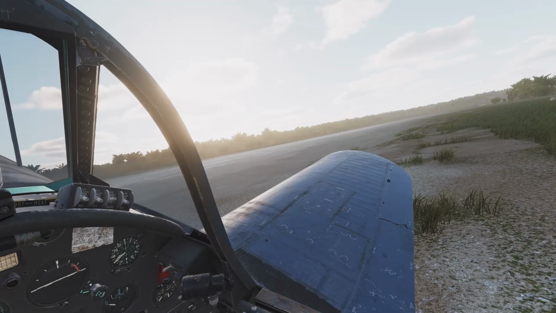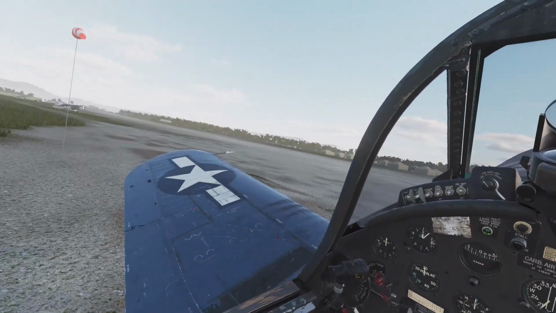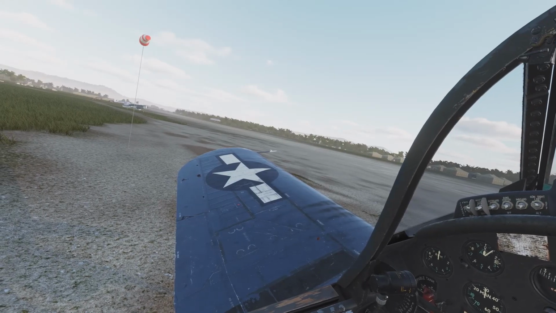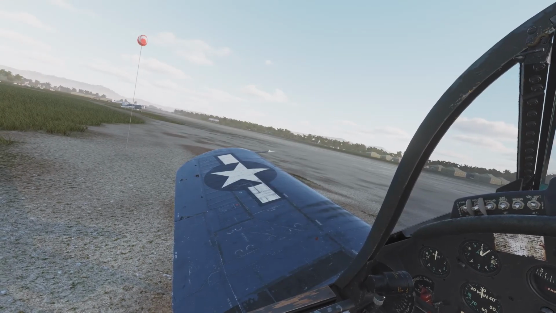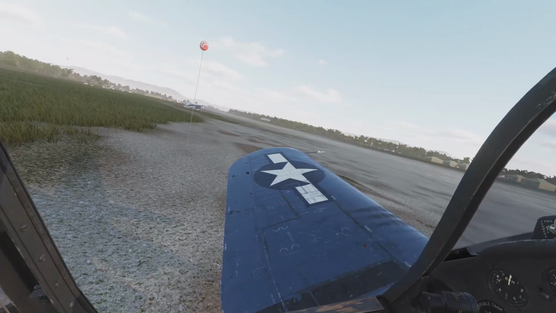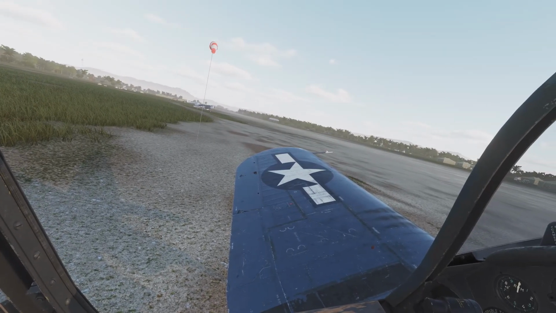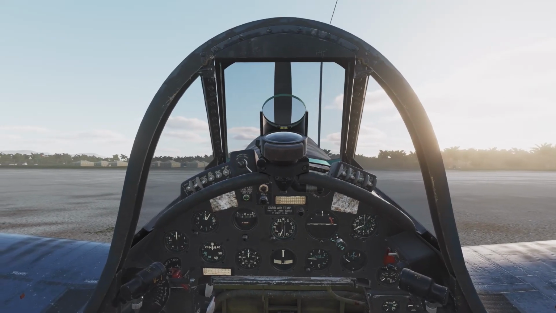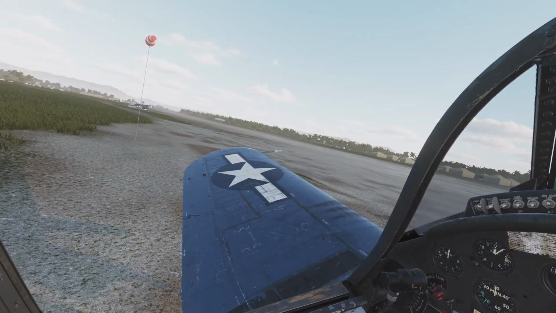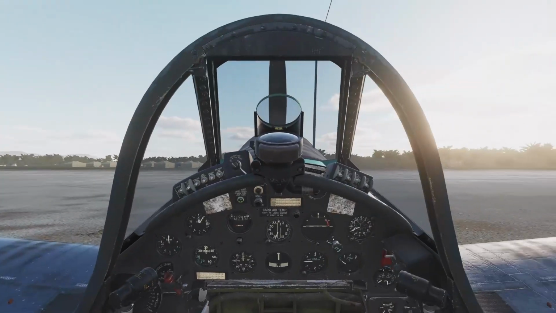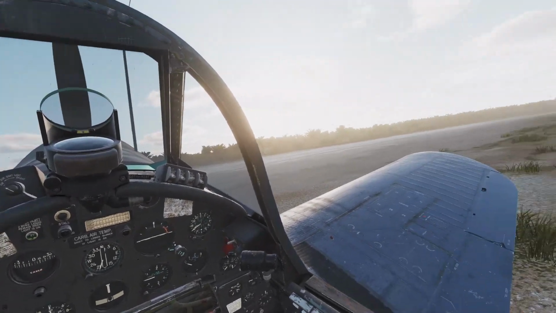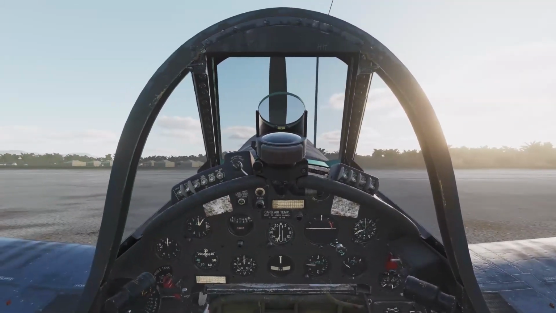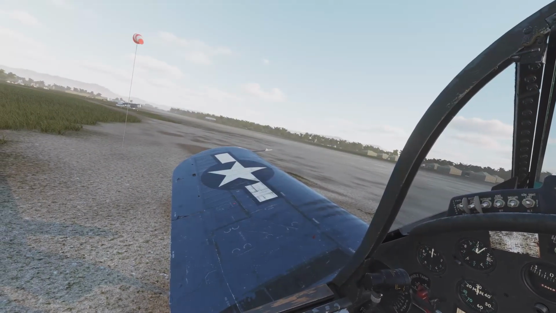Today I want to show you how to plot a course and the distance for a flight using the Mark III plotting board that the US Navy used in World War II. And in later videos, I'll walk you through other steps used in flight planning using the plotting board. So we are tasked with flying from here, from Orodi Airfield, to Islay Airfield on the island of Saipan